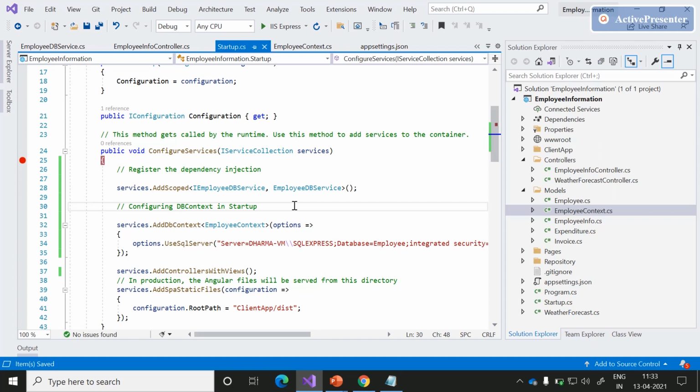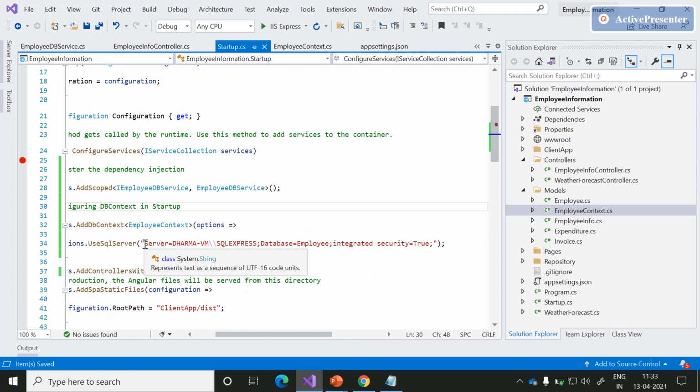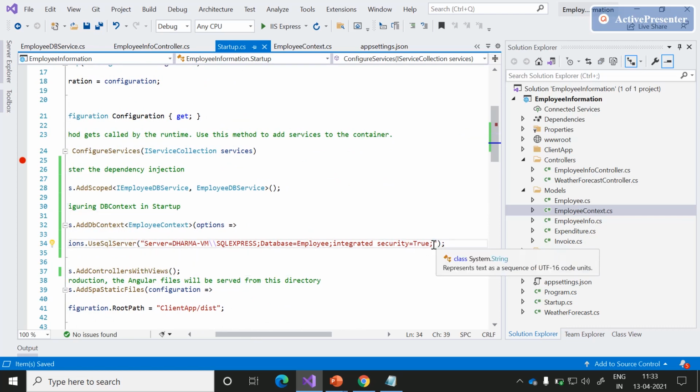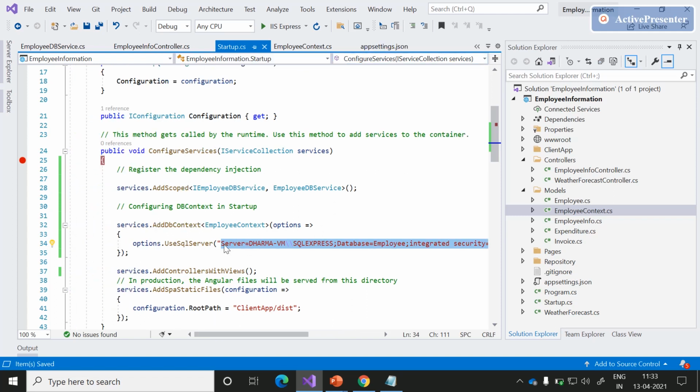In the next upcoming session, we will learn about configuring services in ASP.NET Core. If you see this, it is very bad practice to have sensitive information in the startup.cs class. Now, in our upcoming session, we will see how to move this SQL Server connection string from startup.cs to appsettings.json and how to read this connection string through